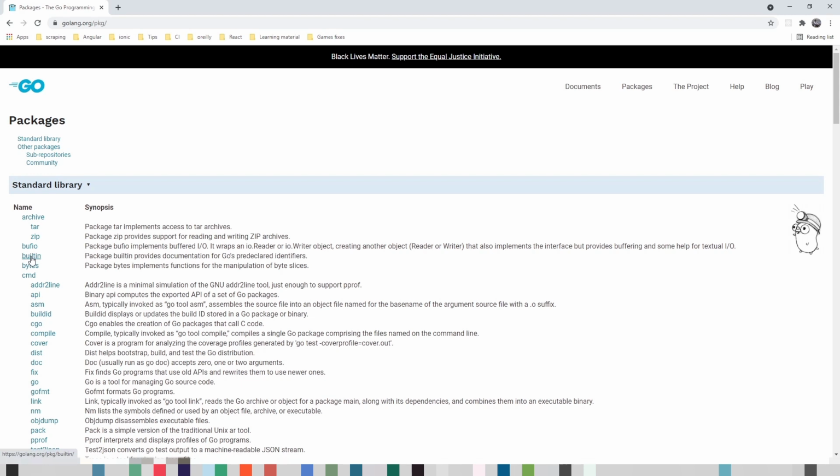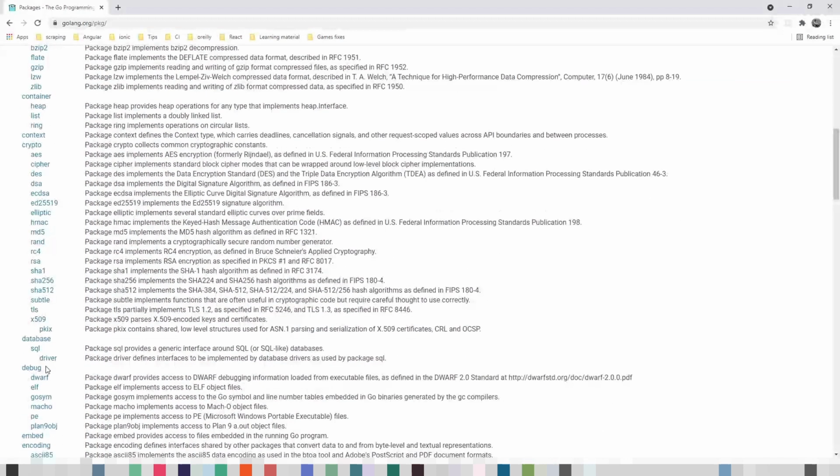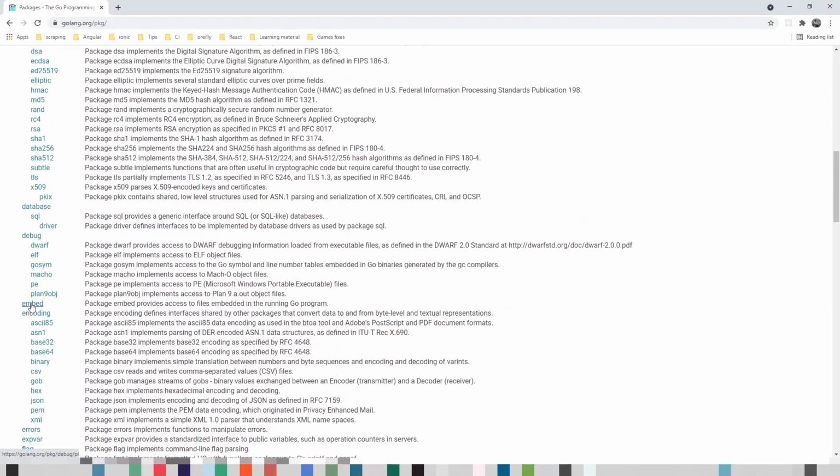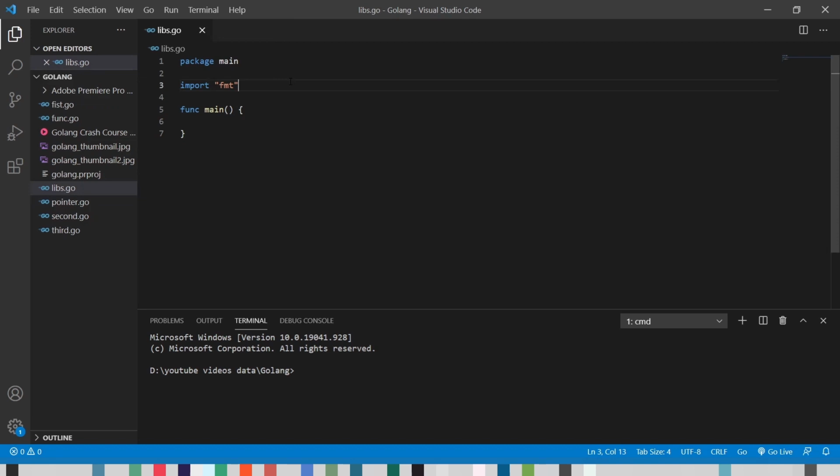So the standard library provides us a lot of built-in functions that we don't need to rewrite ourselves. Instead, use the built-in functions provided by these standard libraries. So we can see we have the cmd functions, compression, crypto-related, databases, debugging, embedded, string manipulation, time manipulation, and a lot more things. So let's start off by creating a new file, libs.go,